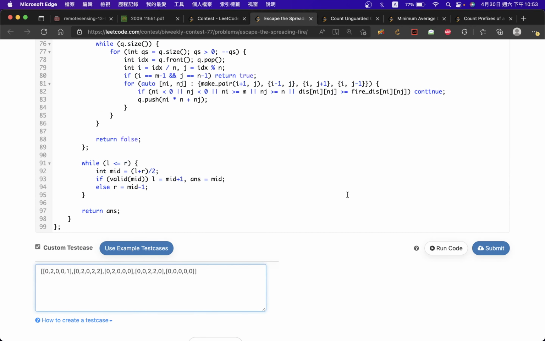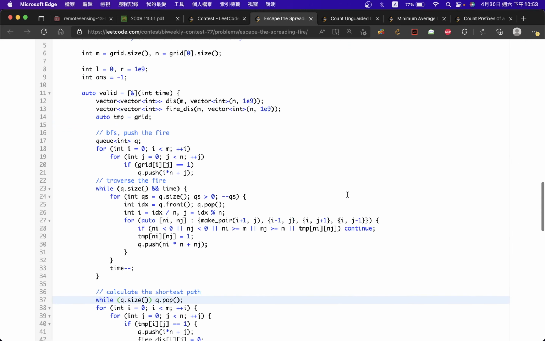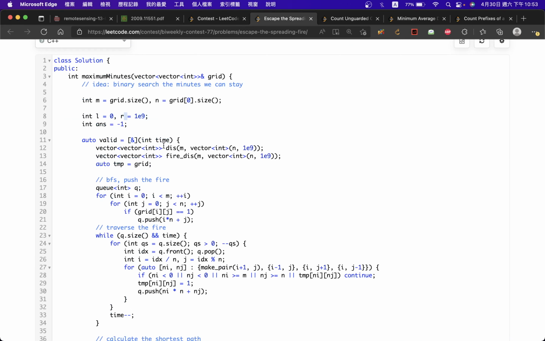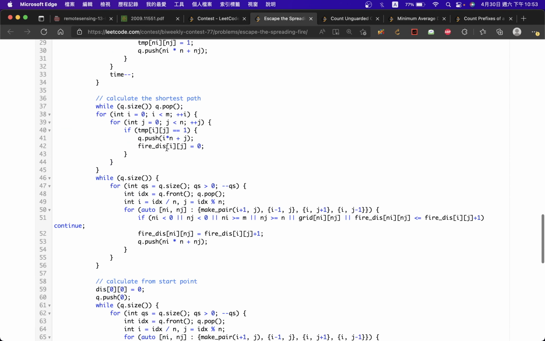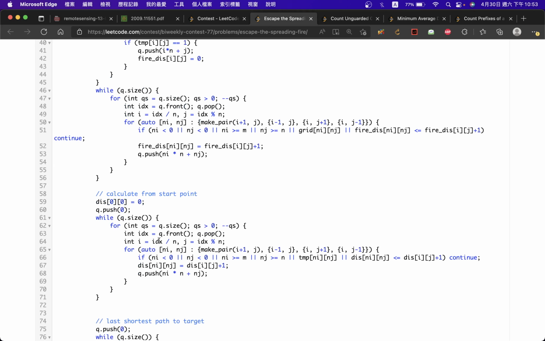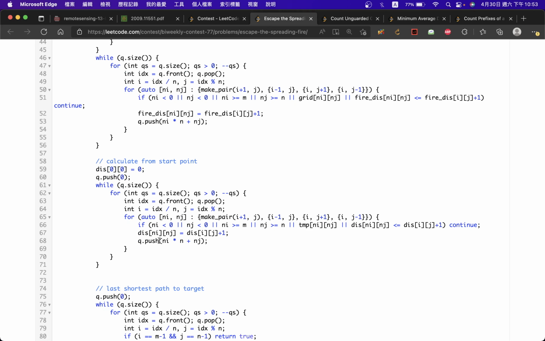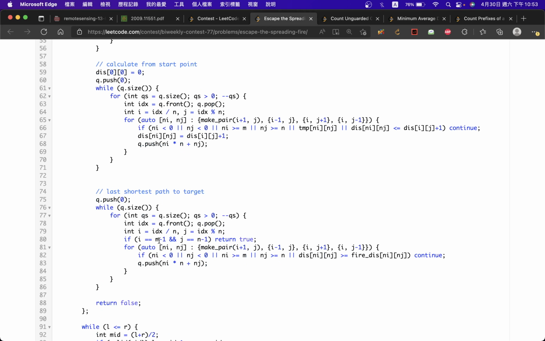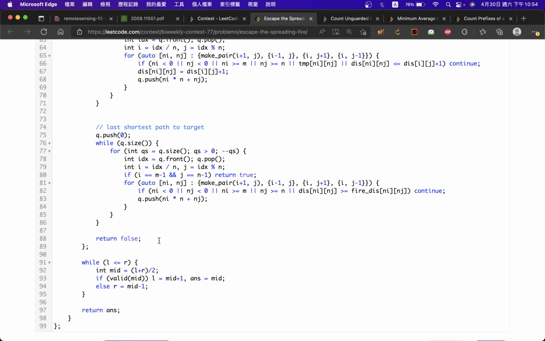Why? Suppose we have 0 and it's greater than -1. We have a tie. Size Q size, pop and push. Distance is greater, we never reach this. So